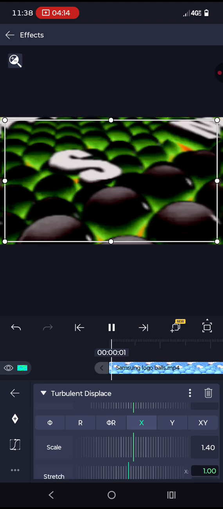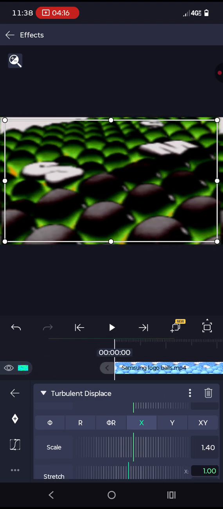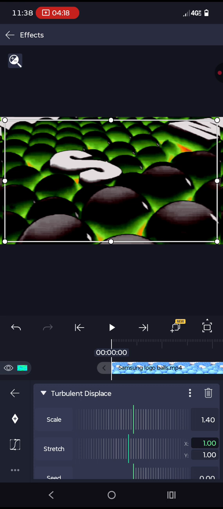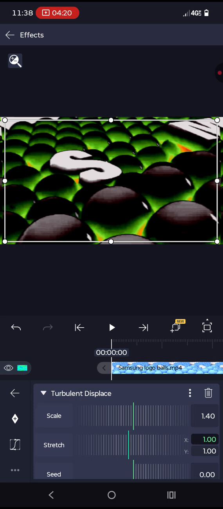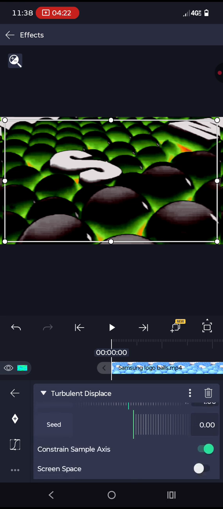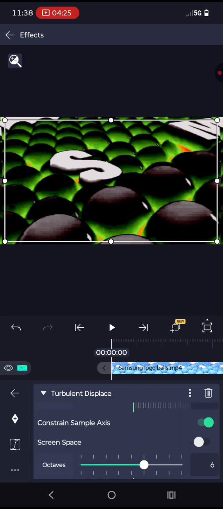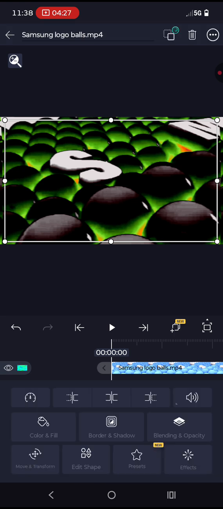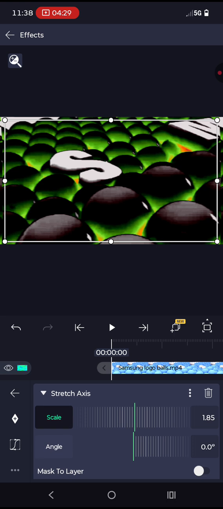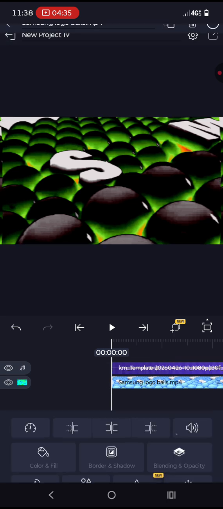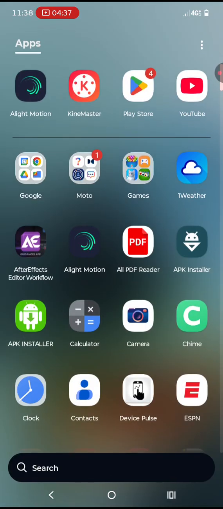X. And then scale. Stop video. Okay, scale 140. Stretch axis. Scale 140. 185. Now go to KineMaster